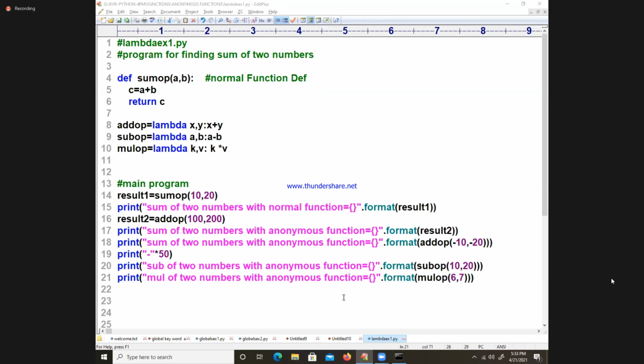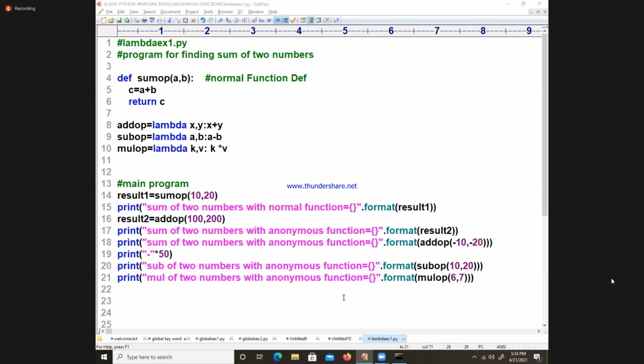I will ask others, sir. Can I use a looping statement inside of this lambda? All of you say, no sir, 100% no sir. Why can't we use it? Whenever we use a looping statement, I have to write at least 2 to 3 statements. A lambda takes how many values?